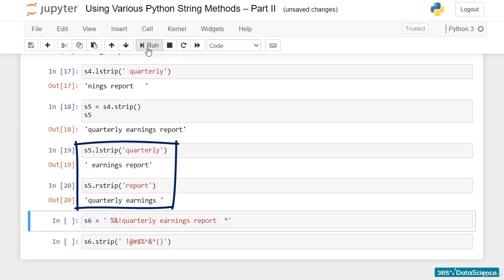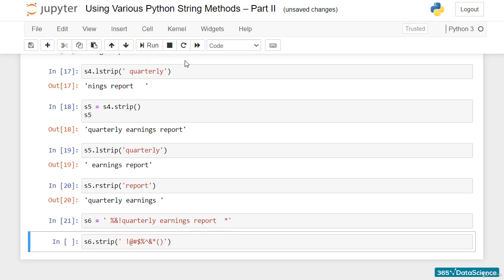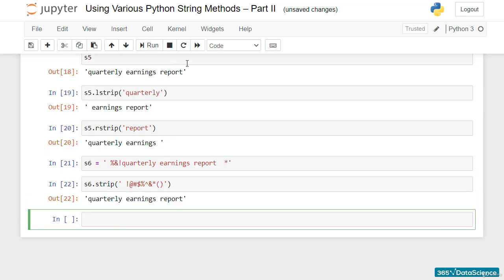Nice! Please bear in mind that you won't always be working on meaningful strings. In such cases, you can rely on the main functionality of the strip methods to solve data cleaning issues. In a variable called S6, we'll store the same text, quarterly earnings report, but we'll also add whitespace and other characters at the beginning and the end. In that case, you don't even need to know precisely which these extra characters are. Just provide all characters you expect to encounter as a string argument of the strip method. Then executing the cell will lead to a meaningful